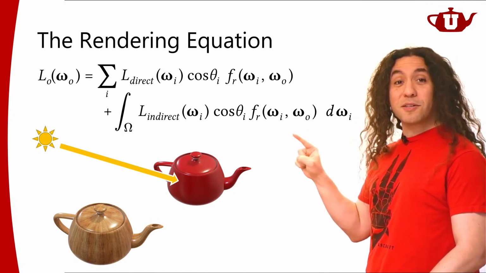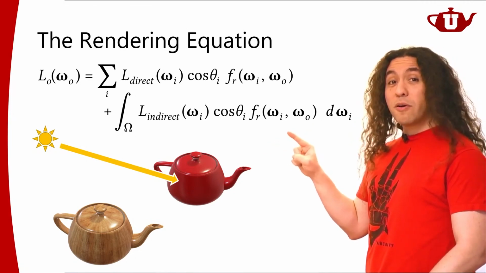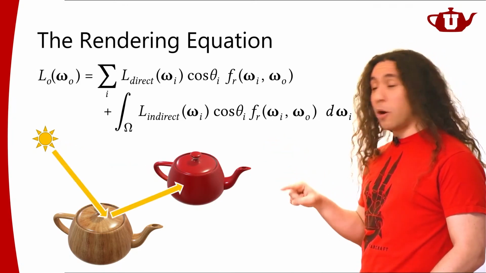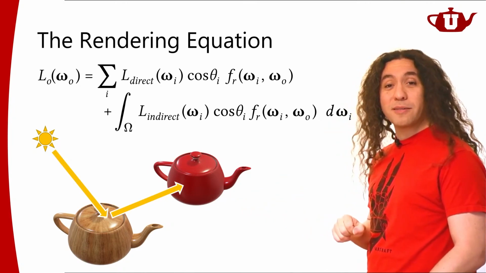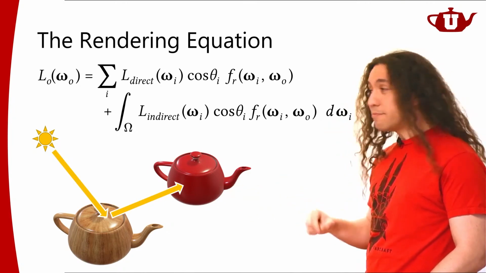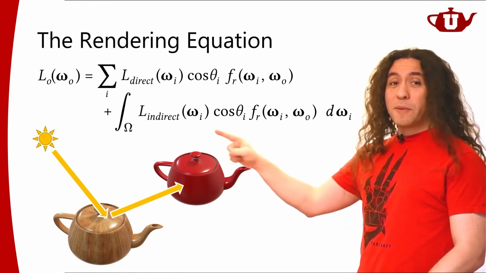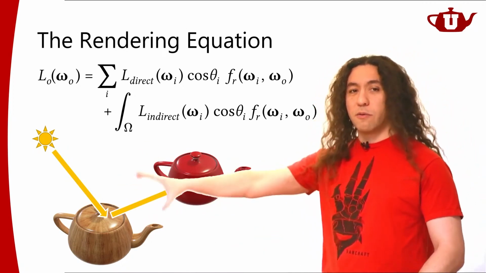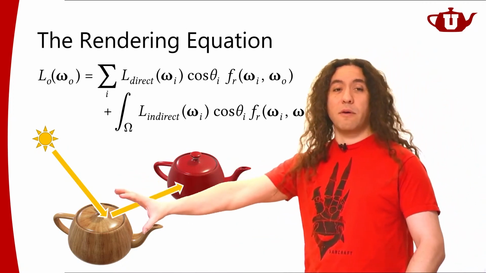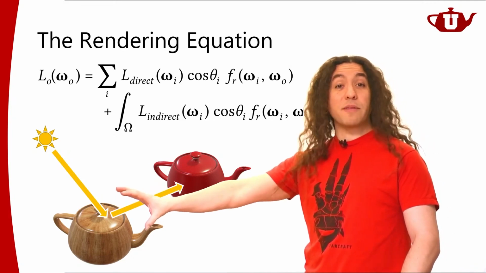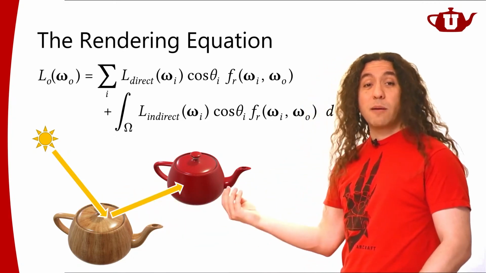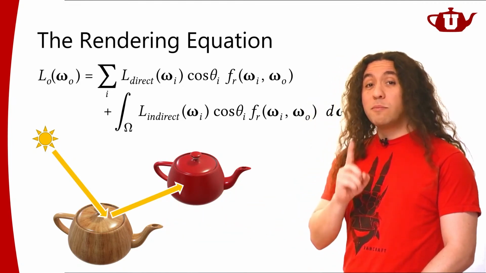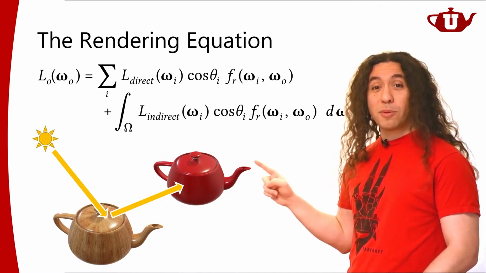Now, we're looking at the second part of this equation. That's this integral. Now, I also need to think about the light that's coming indirectly. For example, the light that comes to this other teapot and bounces off of that teapot and comes to this teapot. That comes to the red teapot. Okay. But obviously, this is not coming from just one direction. It's coming from all of the possible directions over this hemisphere, right? So all visible surfaces of this teapot are reflecting sunlight towards this red teapot. So I will be seeing that. But actually, it's even more complicated than this.